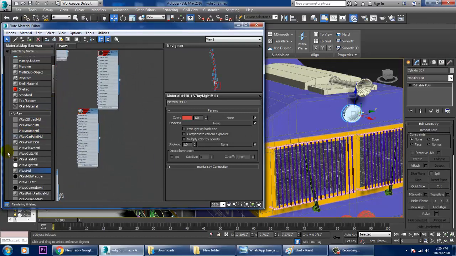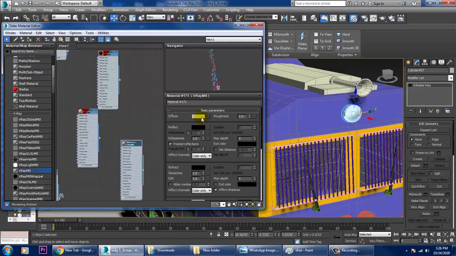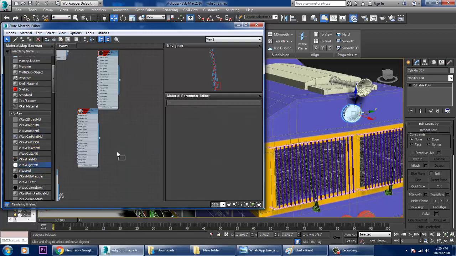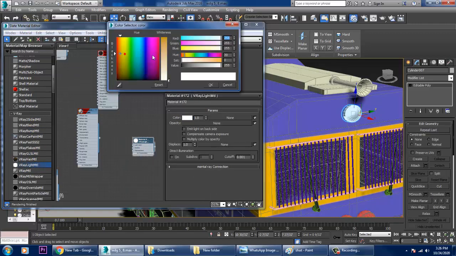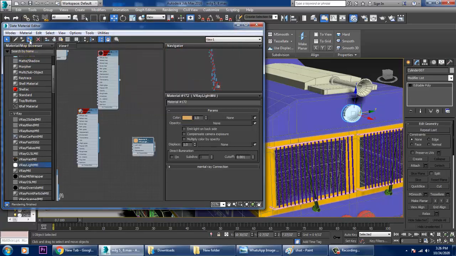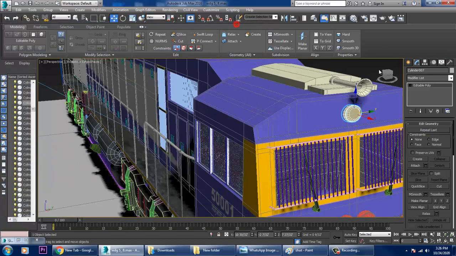Take again a V-Ray material over here, take a V-Ray light material once again and give a bit of a yellowish color to it. That's it.